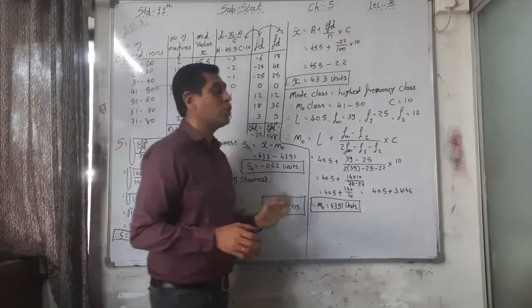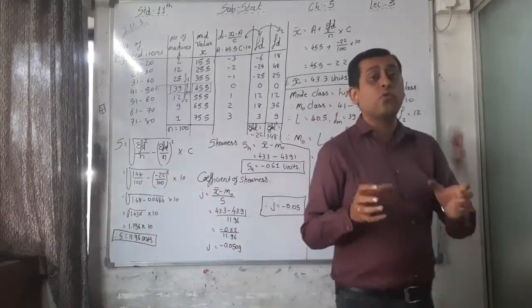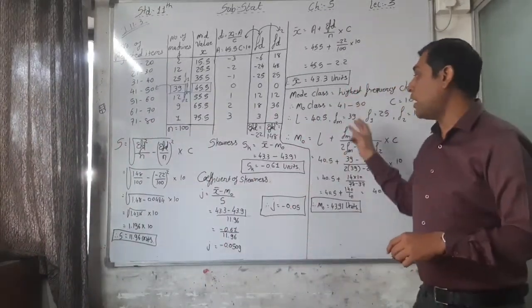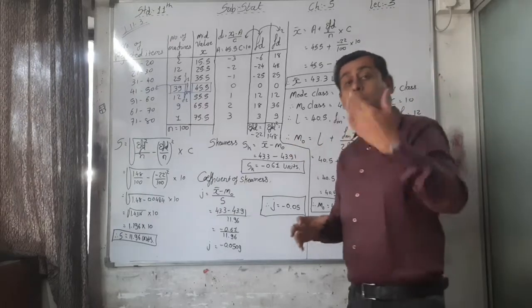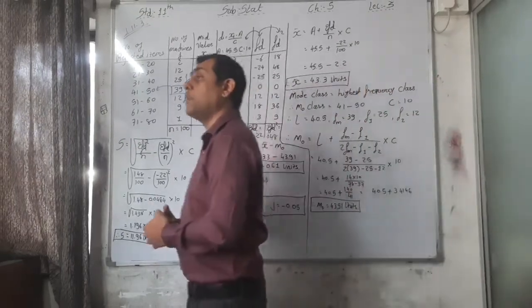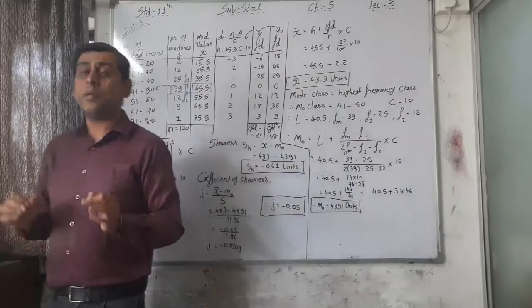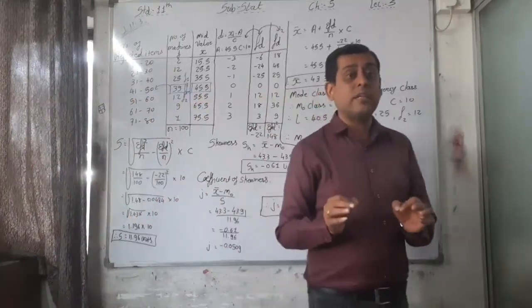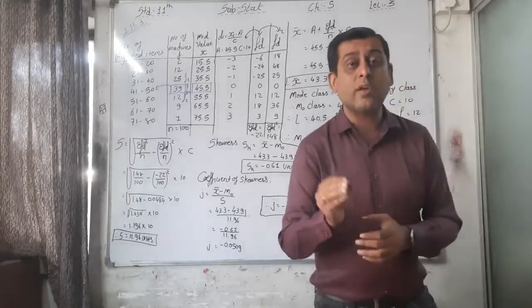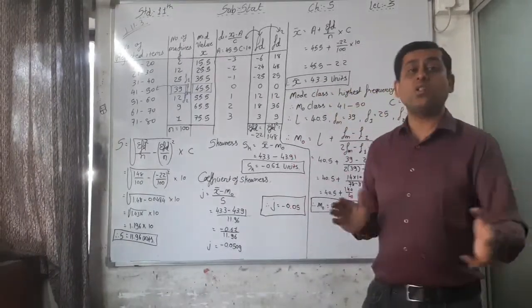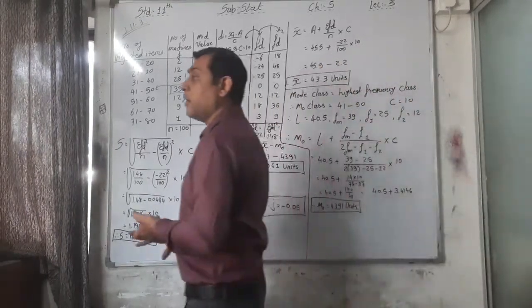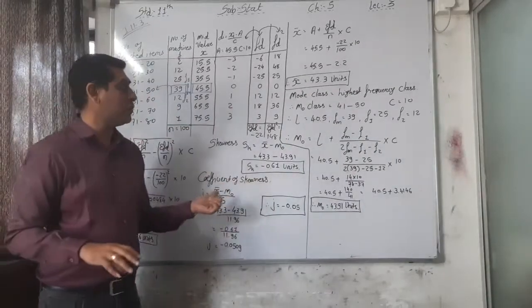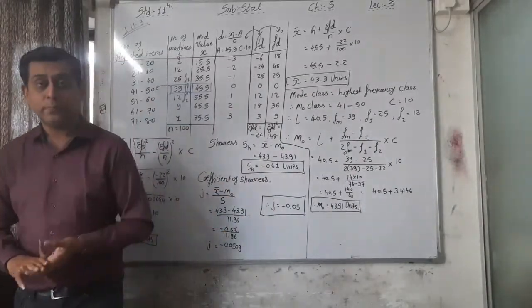You have to use these formulas, but before that you have to find out the x bar, mode, standard deviation on the basis of 3rd and 4th chapter. So please remember all the formulas of the previous chapters, or I can say you have to revise all the 3rd and 4th chapter again to do this chapter. Okay,